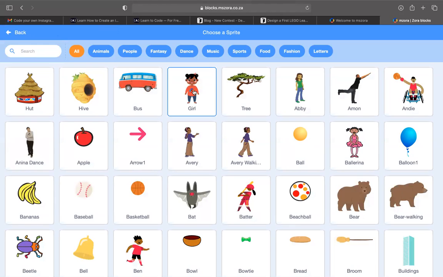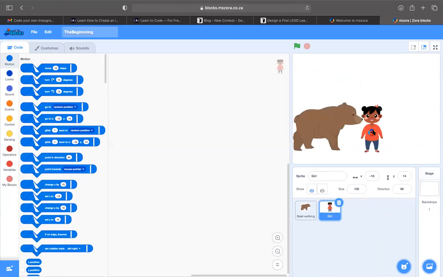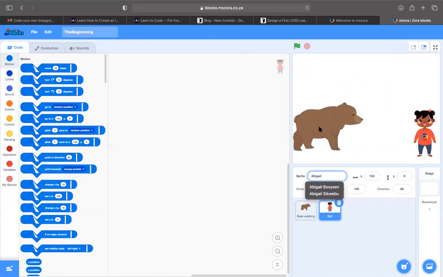I'm going to choose this girl. I'm going to call this girl Abigail, all right? And we can see that this bear, I'm going to call him Papa Bear.